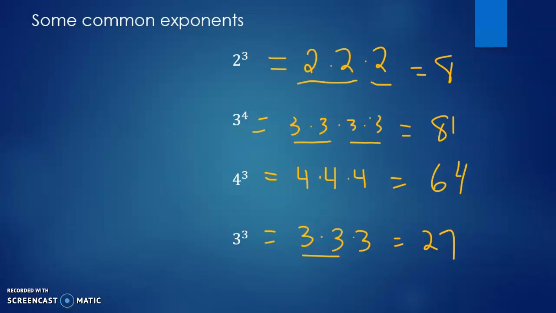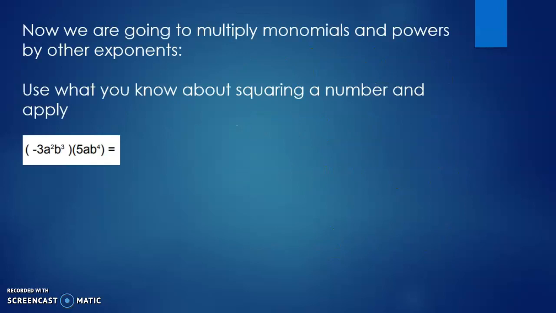We are going to take the concept of expanding exponents out with variables. So now we're going to multiply monomials and powers by other exponents. Use what you know about squaring a number and apply. So what you're going to do is expand out. In this problem, the negative stays there. Then this is